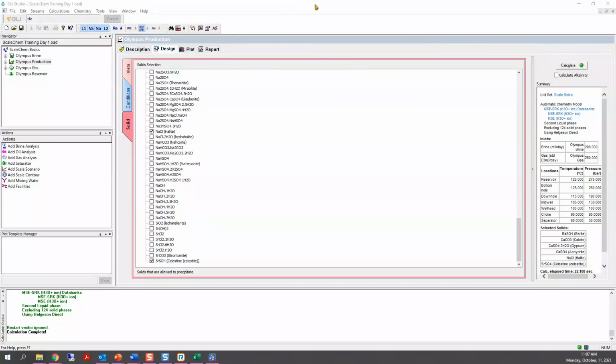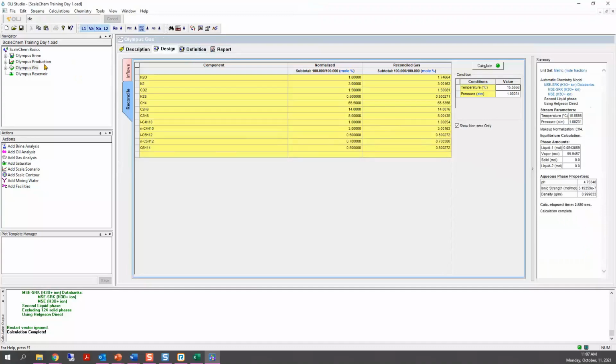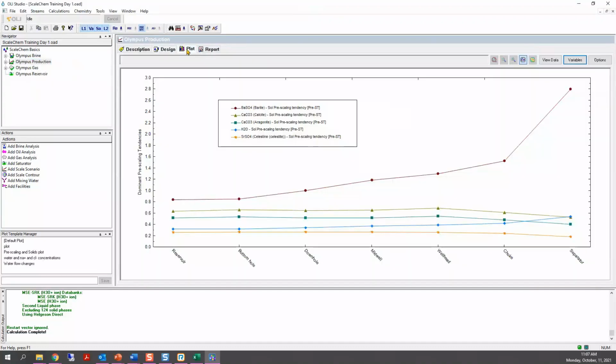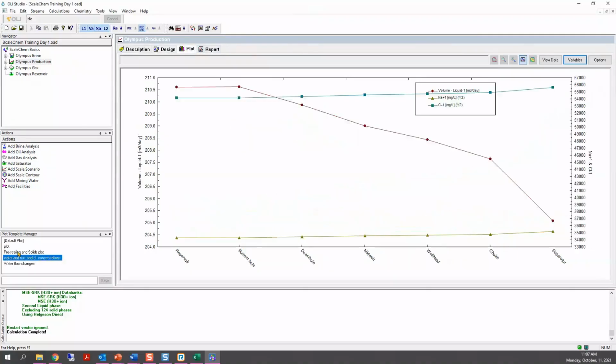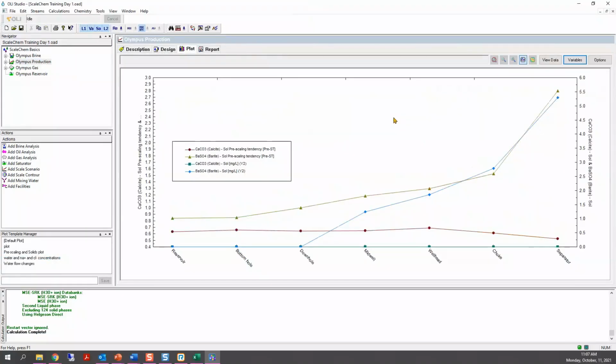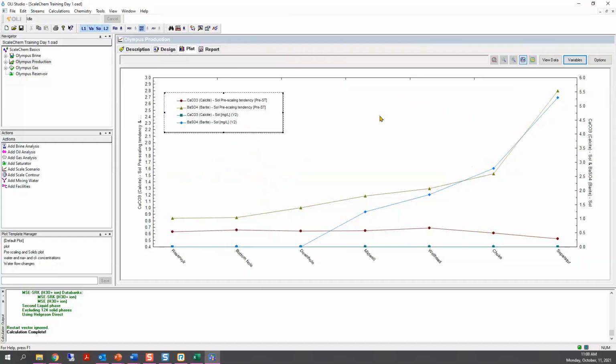Can I just ask a question about the plot where you added the gas? Sure. Can I see it again? Because I don't think I had the exact same plot. Here you removed the Y2 axis, right? You may have this one, right? Yeah, this one is going to show you the prescaling and solid plot. So in here we are just showing the relevant scales, the ones that are actually forming.